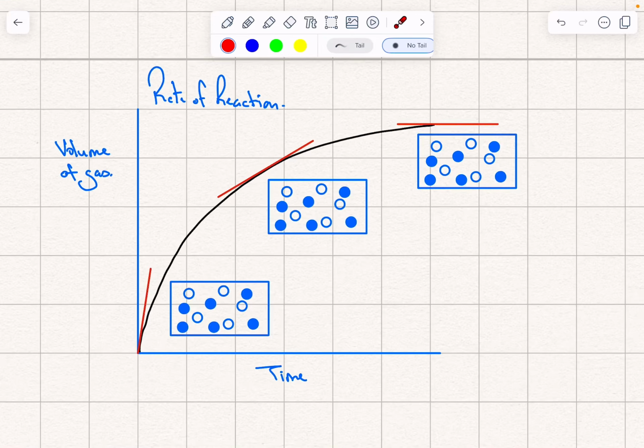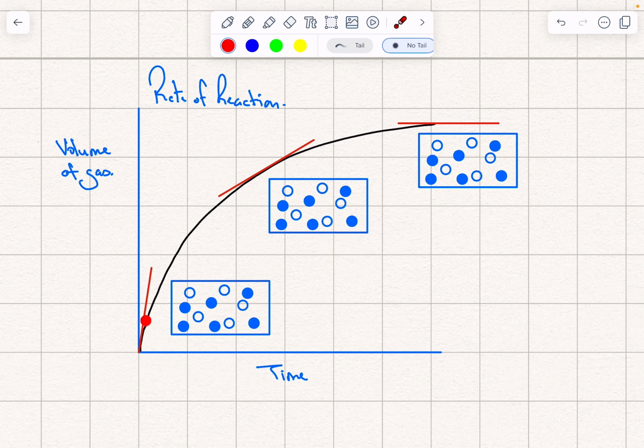So here we've got a graph, and the graph is measuring the volume of gas produced by a reaction against the time it takes for that to take place. So the results have generated this curve here, which is drawn using the black line. And then what I've done on this graph is I've drawn tangents to show you how the rate of reaction